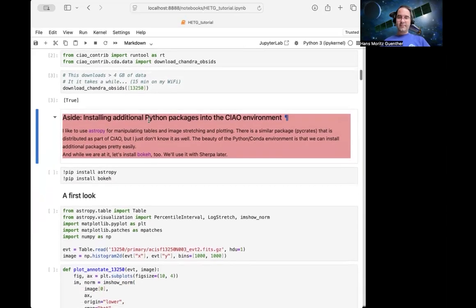Now, one aside that I want to point out is that CIAO comes with its own Python environment. There'll be Sherpa in it. There's this one contrib run tool and ciao contrib scripts in it. And there's a number of Python packages that they need installed, like common Python packages like NumPy. But it's a normal Python environment, and so we can install additional software into it that we want to use